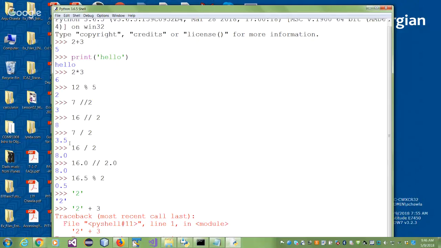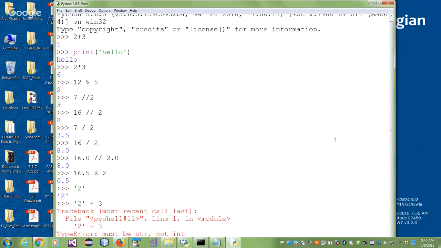Sometimes the errors will make sense, sometimes they won't. Here it's not giving you a lot of information. But if you read it, it says type error. It's a type error. Must be str, not int. So it says that when you're trying to add a string, you can only add a string to a string. You'll say, but how do you add a string to a string? You can add only numbers.